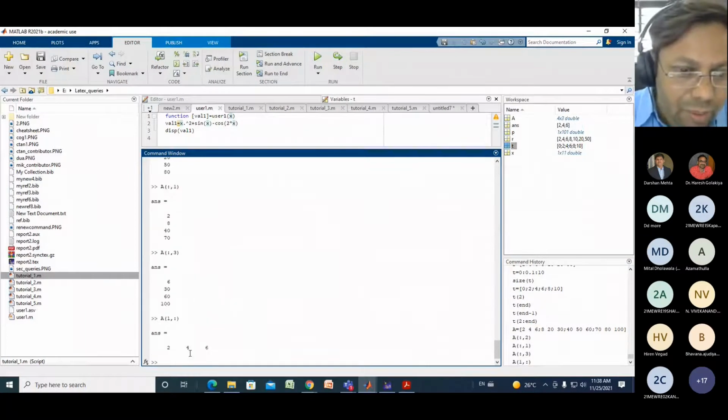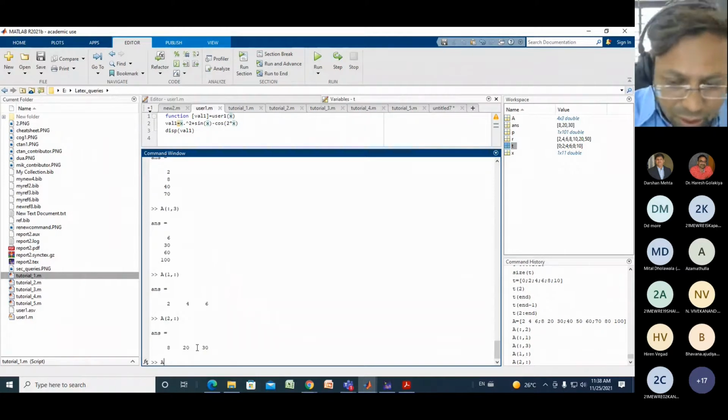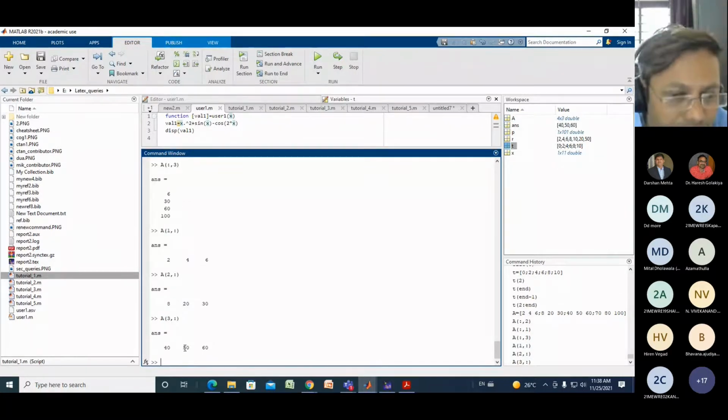Right, so I will pick up one row, the first row elements only, that is 2, 4, 6. If I want the second row, you can write 2 comma colon operator. And the third row is the extraction of this.